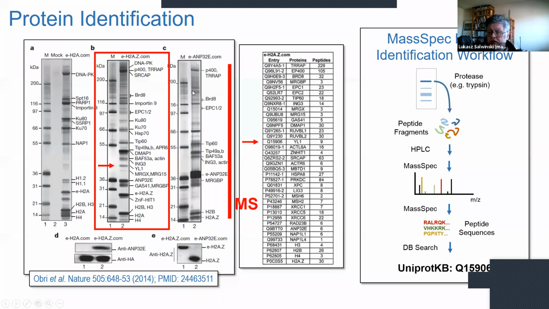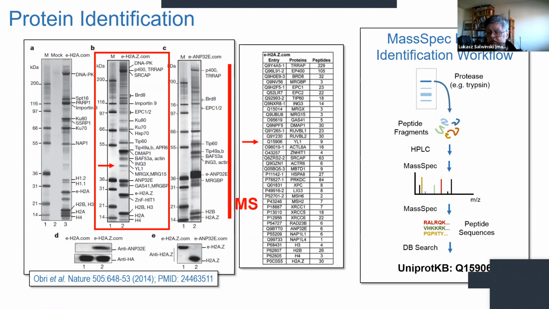Those are three pull down experiments where one of the proteins was used as a bait. This is the protein present here, and here's another bait present here, and yet another bait present here. Those were the proteins with some additional tag that was used to attach the protein to the chromatographic column,